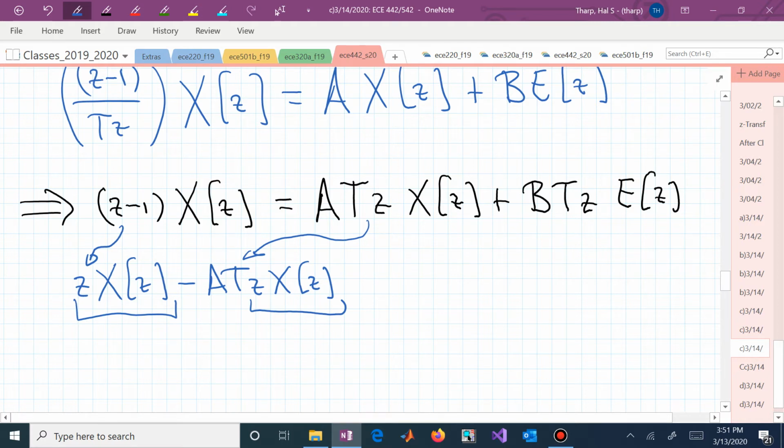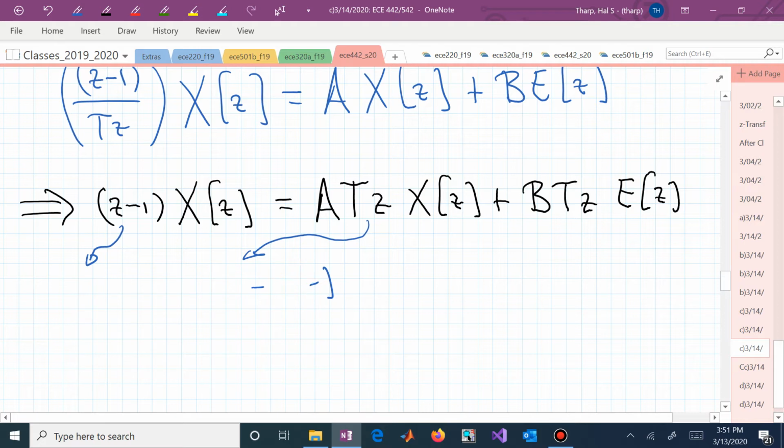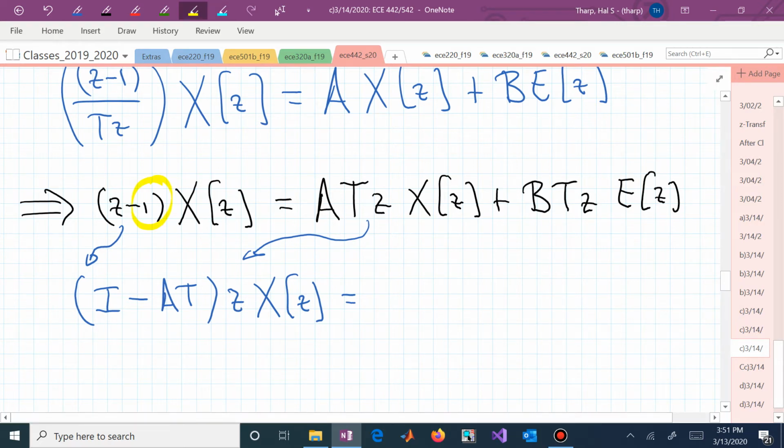And in order to combine a matrix A with a scalar t product with this scalar, we need to introduce the identity matrix I. Or rewriting that and factoring out the common z capital X of z factor, we now have I minus A t z, capital X of z, equaling... do we have anything? Well, we have to remember we still have this term on the left hand side. So now we have